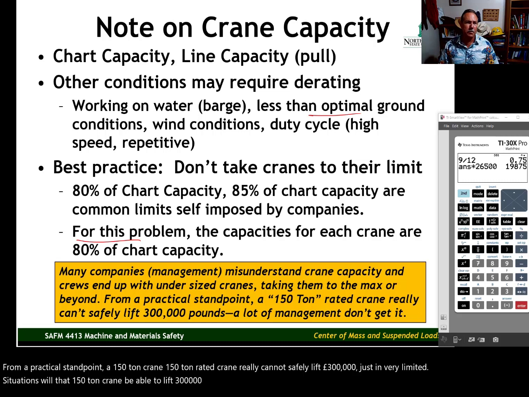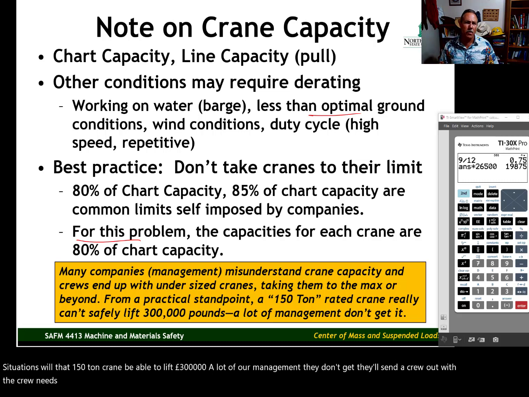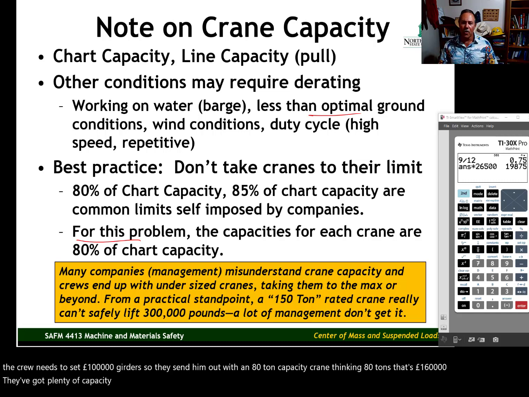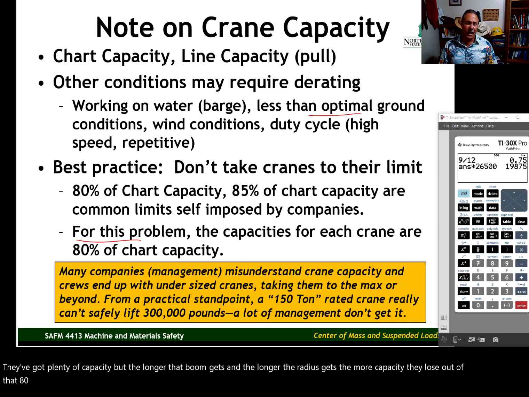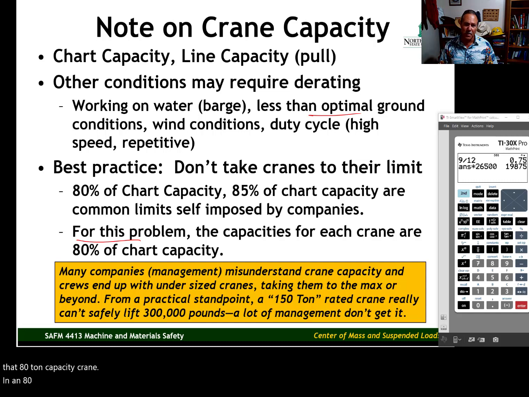A lot of our management, they don't get it. They'll send a crew out that needs to set 100,000 pound girders with an 80-ton capacity crane, thinking, well, 80 tons, that's 160,000 pounds. They've got plenty of capacity. But the longer that boom gets and the longer the radius gets, the more capacity they lose out of that 80-ton crane. An 80-ton capacity crane, generally speaking, is not ever going to be adequate on most bridge jobs for hanging